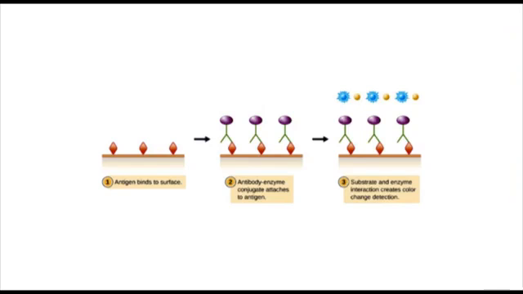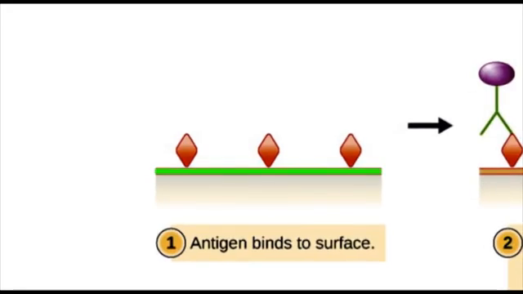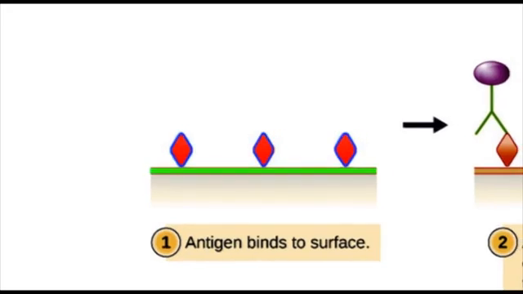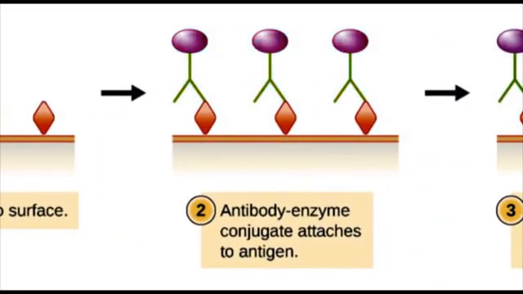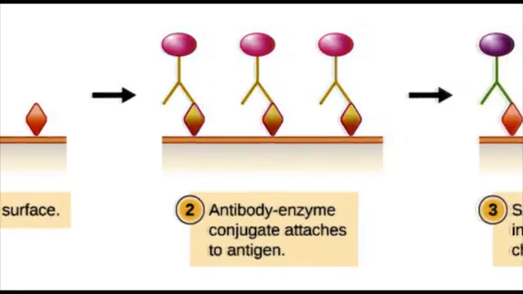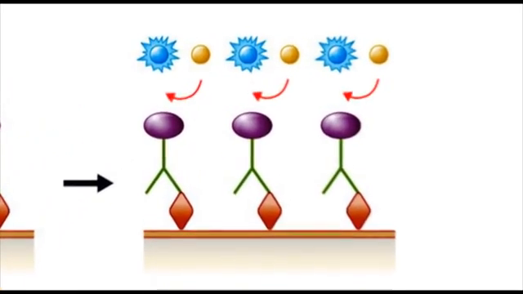Direct ELISA is a simple plate-based method in which the surface of the plate is first coated with a sample containing antigens. A blocking protein like bovine serum albumin or BSA or casein is used to block the surface on the plate which are not bound to the antigen. Antibodies labeled with enzyme and specific for the antigens are then added. After a washing step, only antibodies that bound to the antigens remain, which is detected by the change in color of the enzyme substrate.